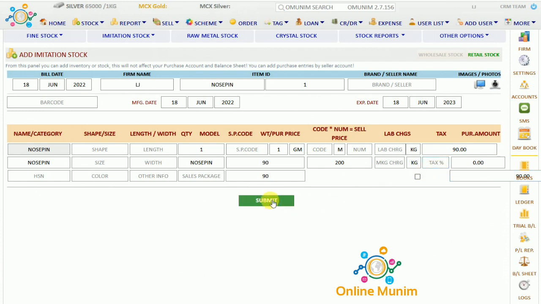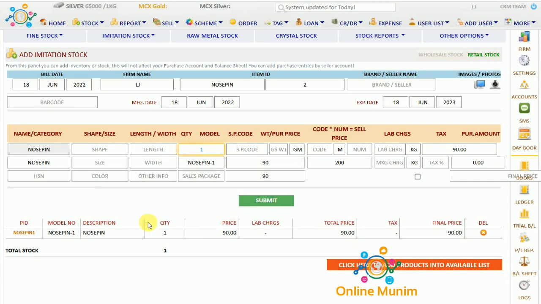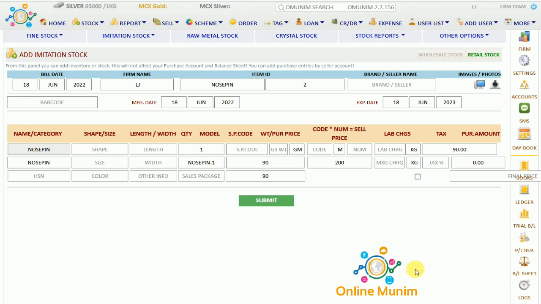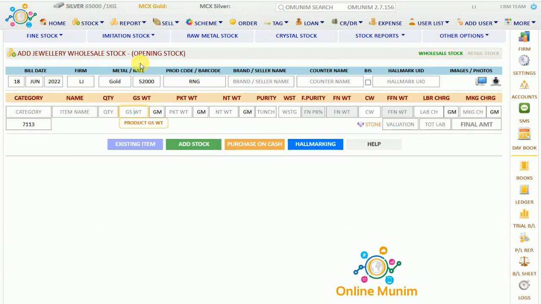Now click on submit. So as you can see, the item is added over here. Now I'll click here into available list. Now I'll check the B2 form for imitation. If I'll go to B2 form, if I'll go to imitation B2 form,